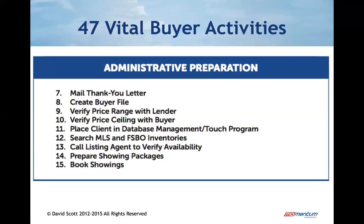And of course, call the listing agent to verify the availability of the homes that you're going to send to the buyer before you send them, because you don't want them to get their hopes up. Hey, this one's awesome. This is the house. Then you go to set up a showing and find out it has an accepted offer and they just forgot to update the MLS status. So check the availability first, put the showing package together, book the showings,